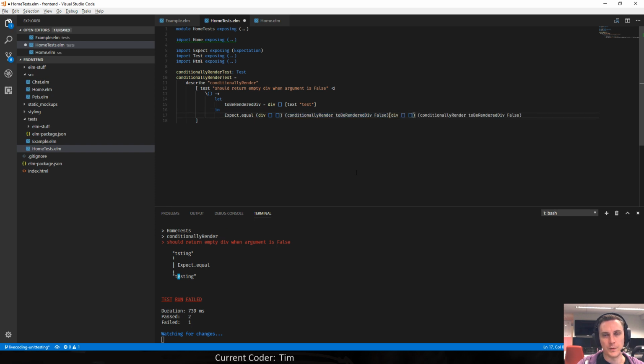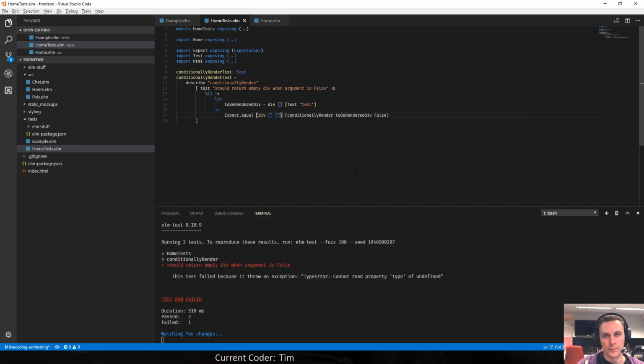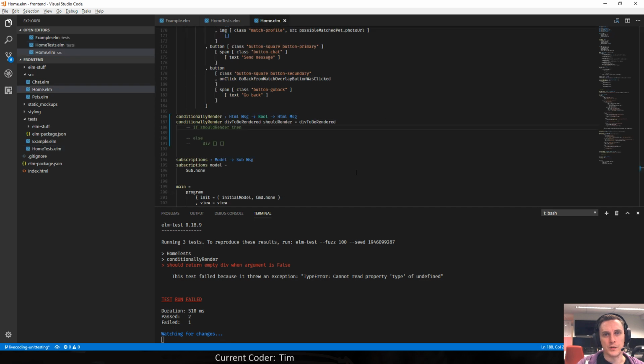It's really in the div thing. Maybe it cannot easily equal this div constructor then or something. But then if I change my implementation, then it works.